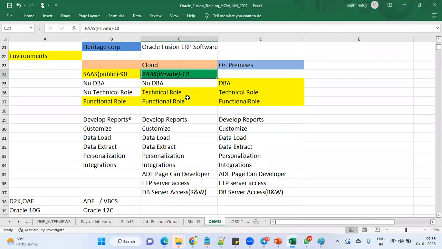Oracle Fusion applications is the next generation ERP. That's what Oracle says. This is just the starting market for Fusion applications. 2020, 21, 22, it's a start. Down the line, after 5 years, it's going to be huge. There will be huge requirements and very high-level positions. I don't think that after 4 or 5 years there will be another ERP which will be a competitor for Fusion